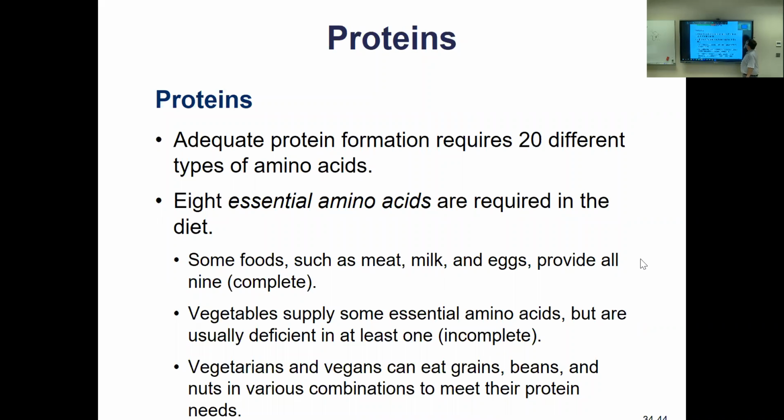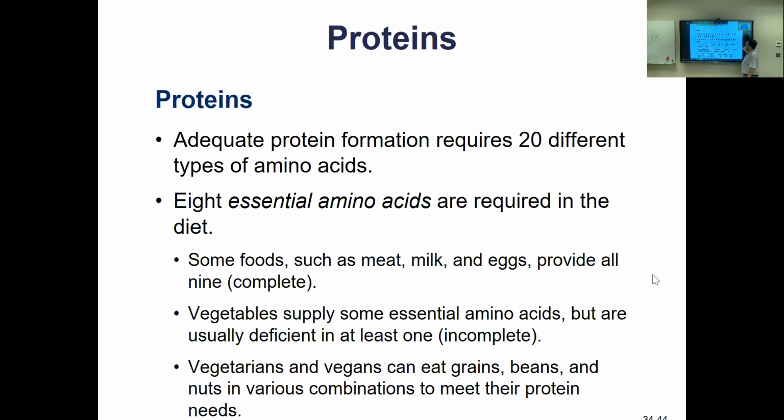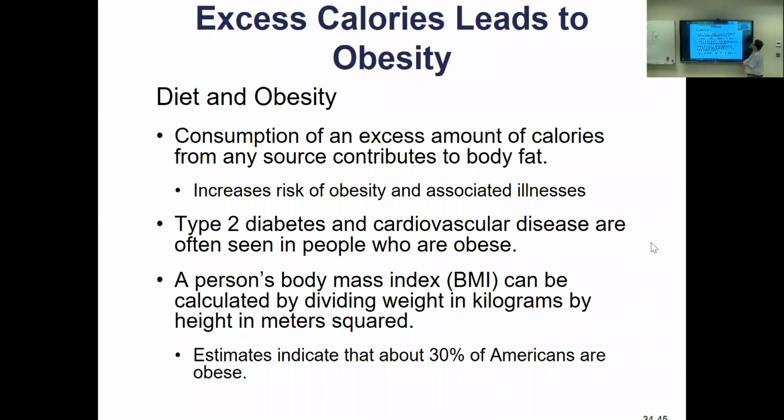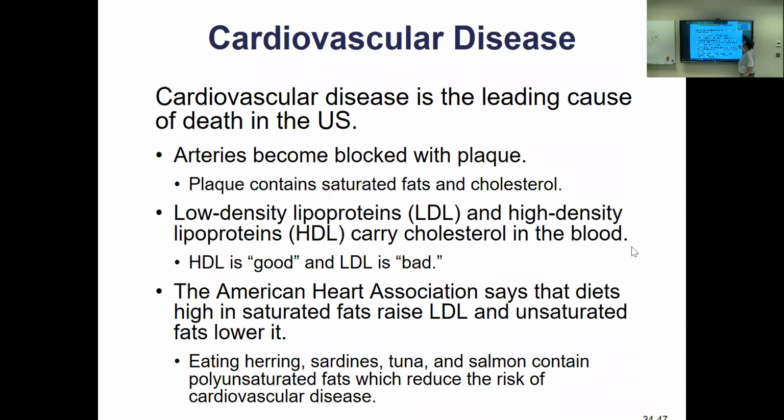Proteins, right? 20 amino acids, 8 essential ones that are required, the body can make the other 12. So you have to eat proper protein, vegetarians have to watch out for that because not all vegetables have all 20 amino acids, but most meats have all of them. Obesity, right? Diabetes, type 2, where your type 1 is when you don't make insulin. Diabetes type 2 is your receptors don't work for insulin. And then we're not going to do a BMI, but there's tables of that. We can look at that. But we have an epidemic of both of these, especially type 2. And so that's a big deal in America.